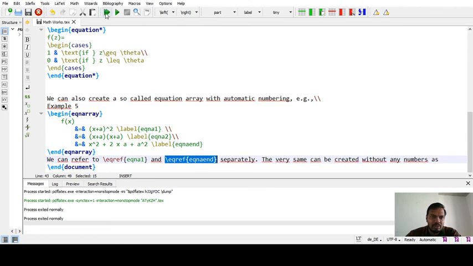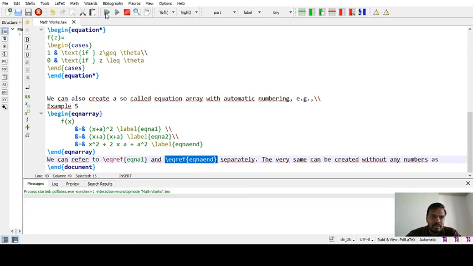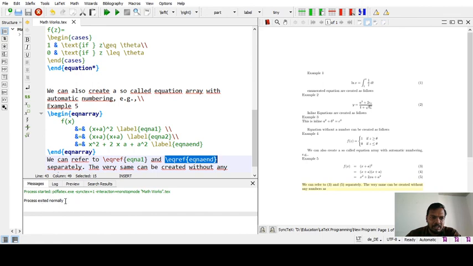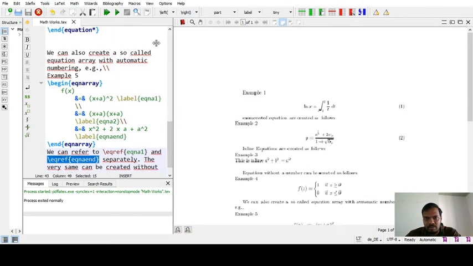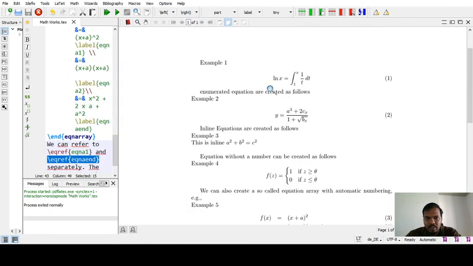So for executing this, we just have to click over here, building the solution, and you will get the message that the process executed normally. And you can see the output over here. We can zoom in, right? And then you can see that the first equation is executed and the equation is appearing as we have seen, that it is numbered equation 1. This is another equation, that is equation number 2.